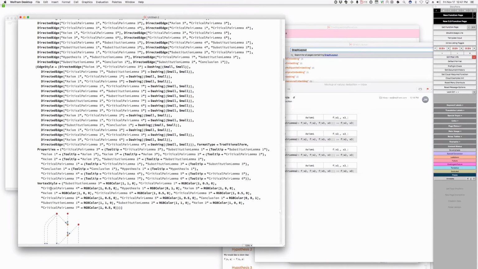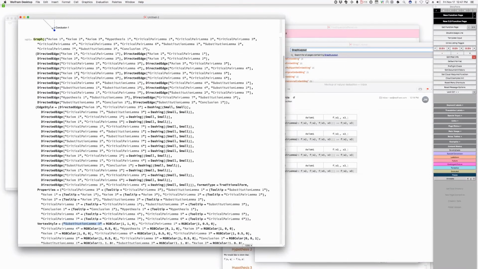So vertex style, these are the names of the vertices, like substitution lemma 3, right? And these are the color palette which Jeremy is specifying a better one of. Yep. And this dashing small, I would like to suggest that we try,